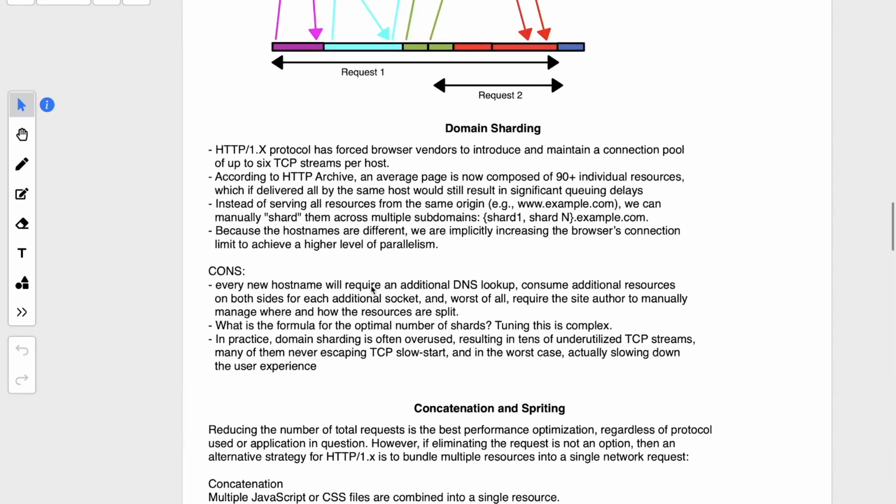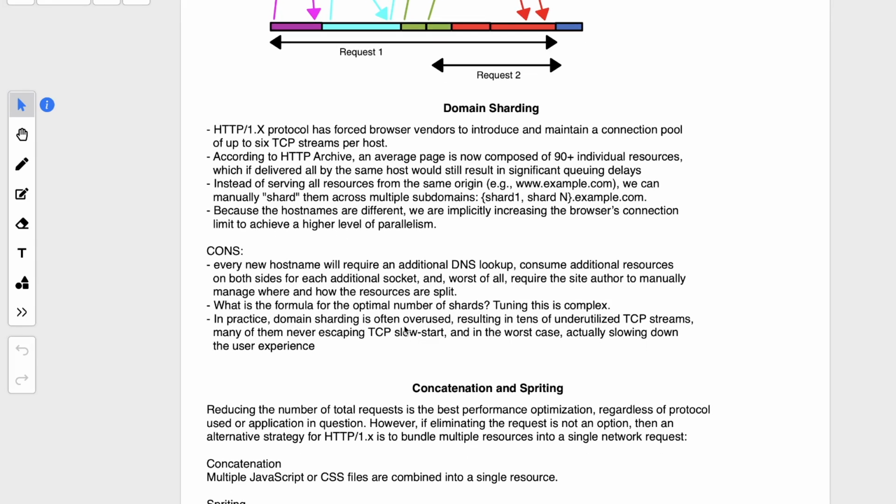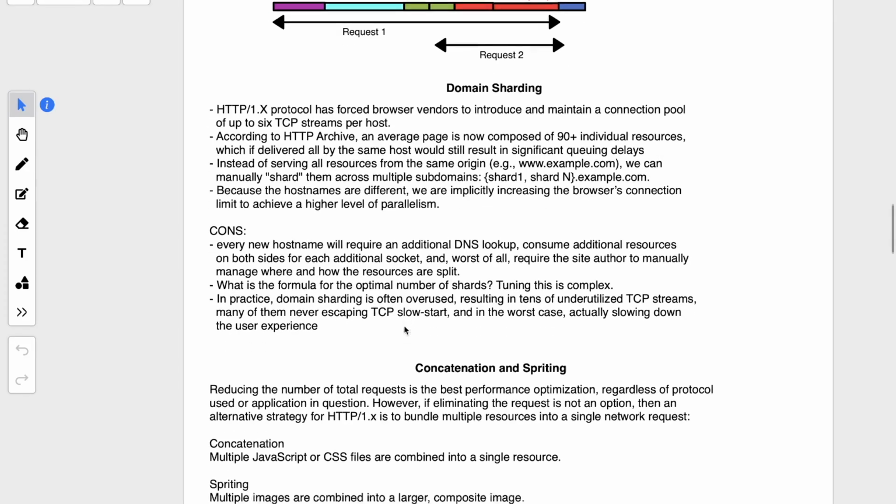because you have to manually manage the resources, for example, which image will sit on which subdomain. You have to manually manage that and take care of it so that your clients request the correct shard for that resource. And also, if you move resources, you have to tell the client as well that the resource has been moved